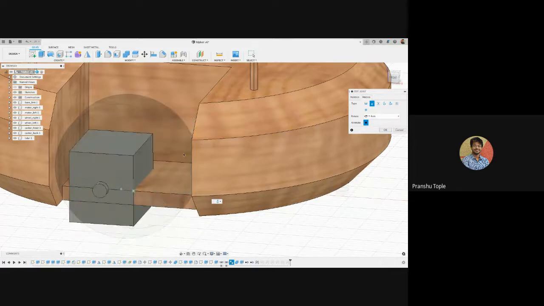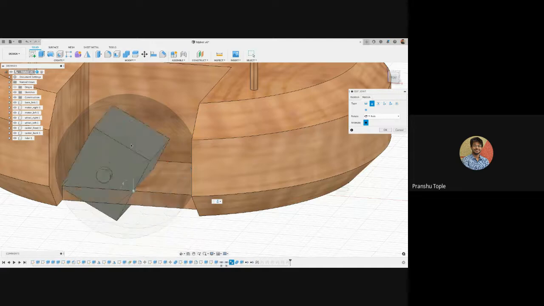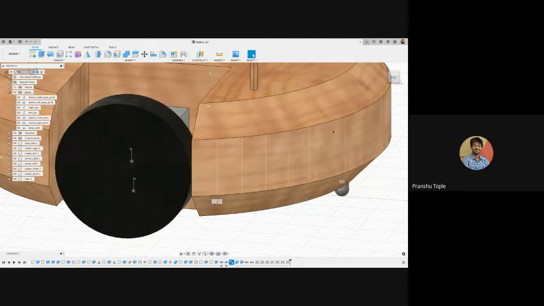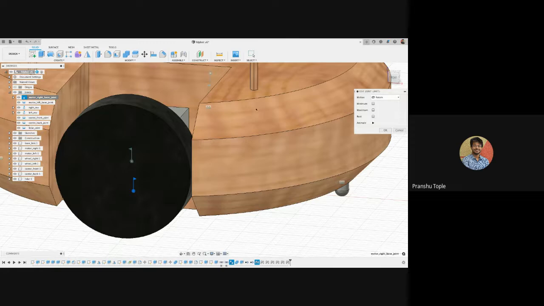In that, it won't be a continuous thing. If you are using a servo motor, it will have an angle of 180 degree. It can only rotate in 180 degree. So in that case, what we need to do, we need to add joint limits. So select the joint which you want to add limits to, and here there is an option to edit joint limits. Click on that, and here you can set minimum and maximum.